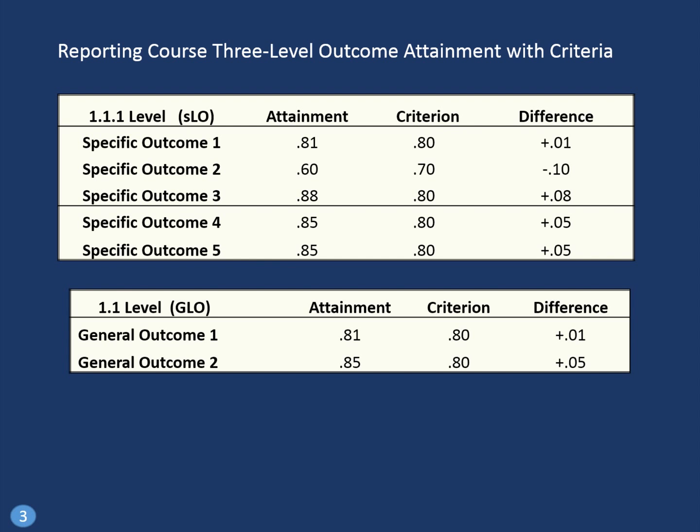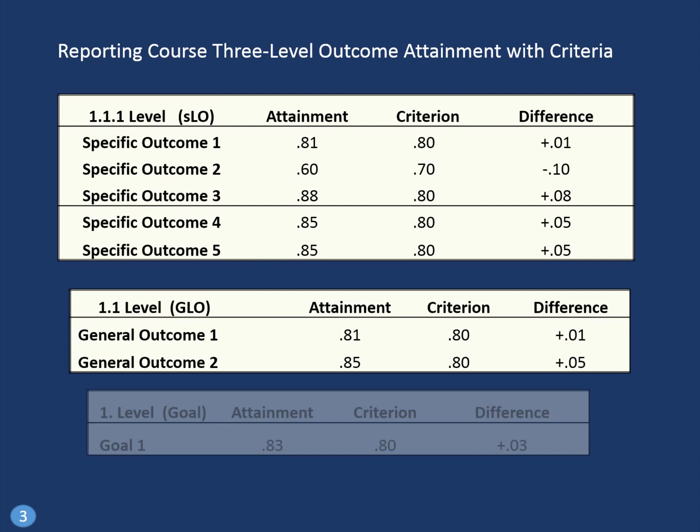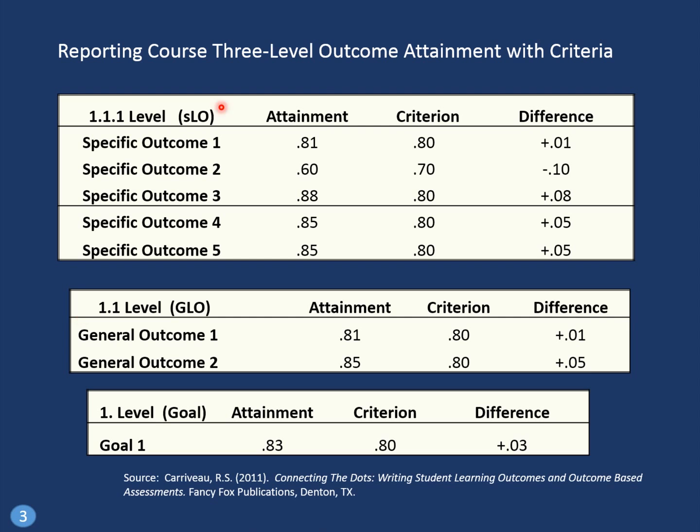And then the same thing as we move up or out the scale at that GLO level, and finally at the broader level. So in the case of the 1.1.1, that's generally, as Ron said, at the instructor level, looking at specific learning outcomes there. And then when we get up into the 1.1 level, you're talking more about potentially department goals or program goals or major goals, and then upward into more institutional or college level goals, just depending on the depth of the structure that you basically have to report up. As you can see, the system works its way up, as we saw in the previous slide.